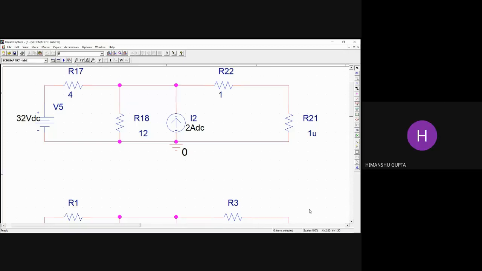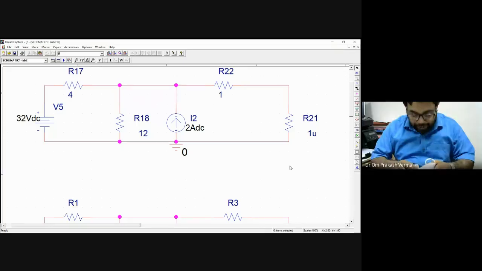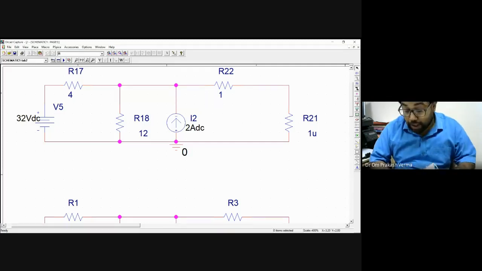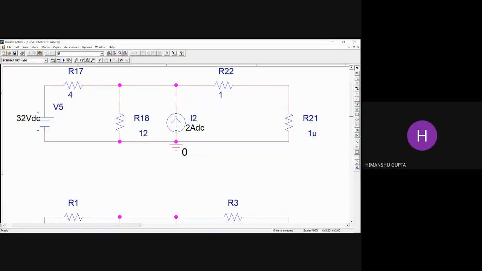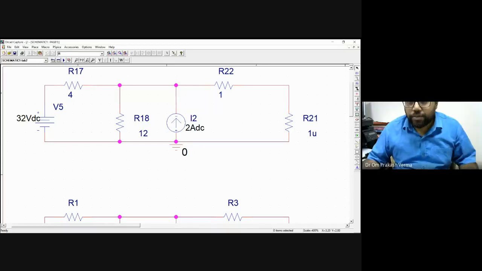That will be our RTH now. VTH, right. That RTH is input resistance. If you are dividing the input VTH with the ISC current, it means you are dividing with the input current, right? Sir, it is short circuit current, not input current. Yeah. The current is passing from this side, na? That is the one, R21.